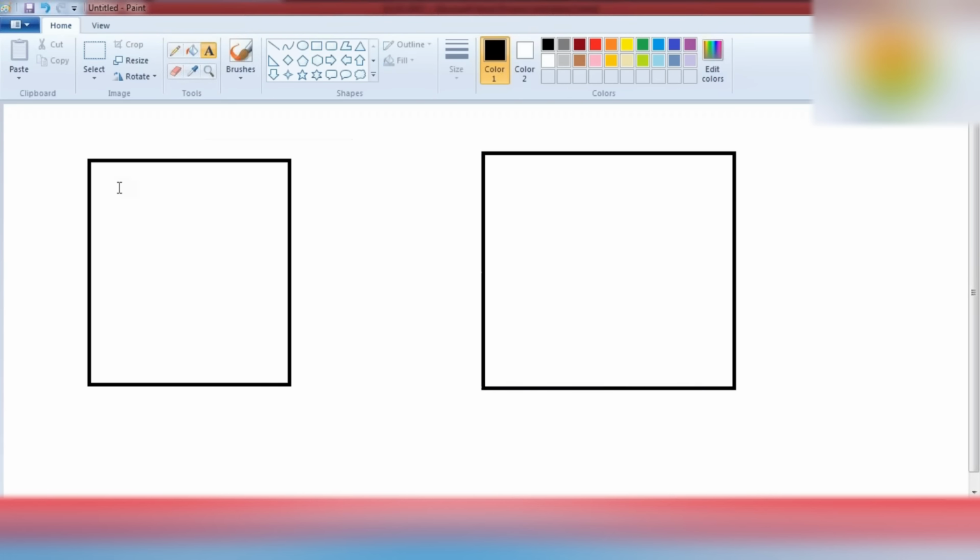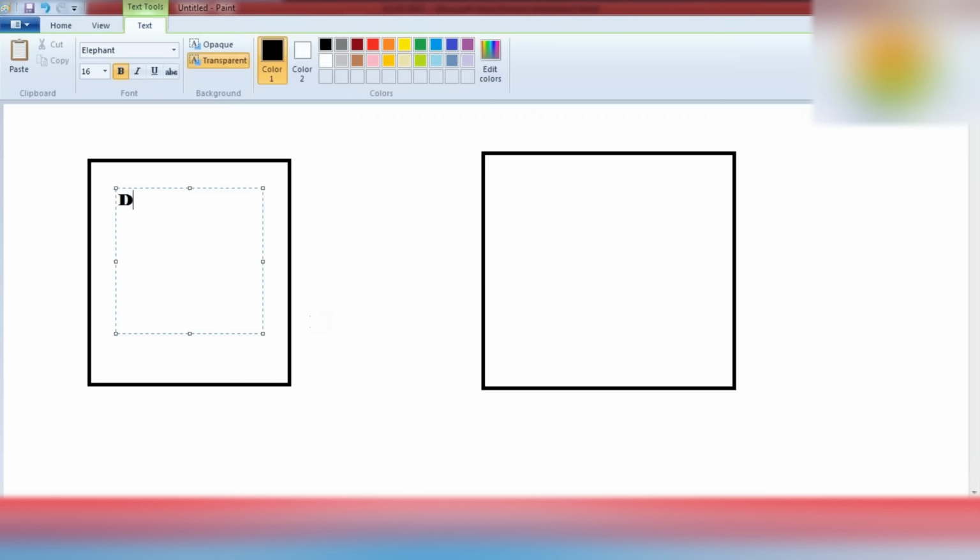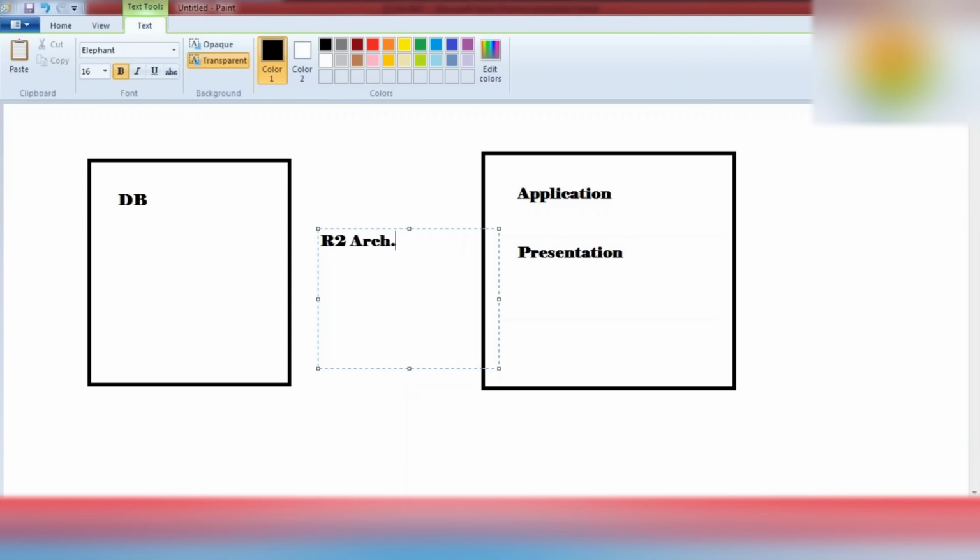So they created another box dedicated for database and a separate box for application and presentation, and they called that R2, the R2 architectural design.